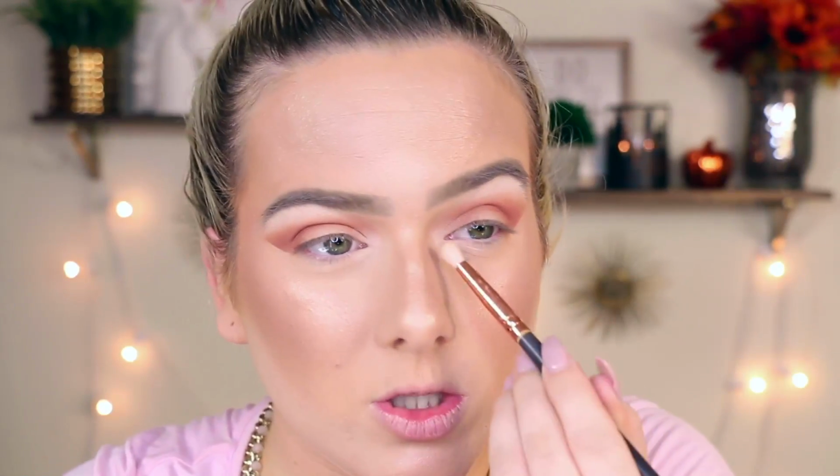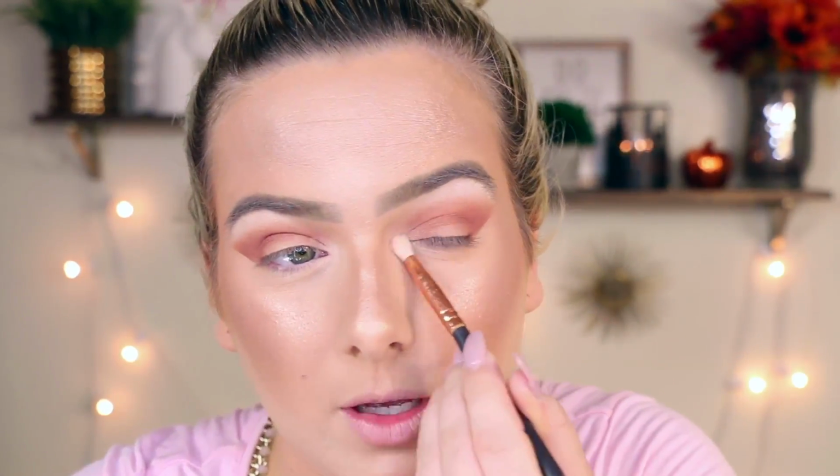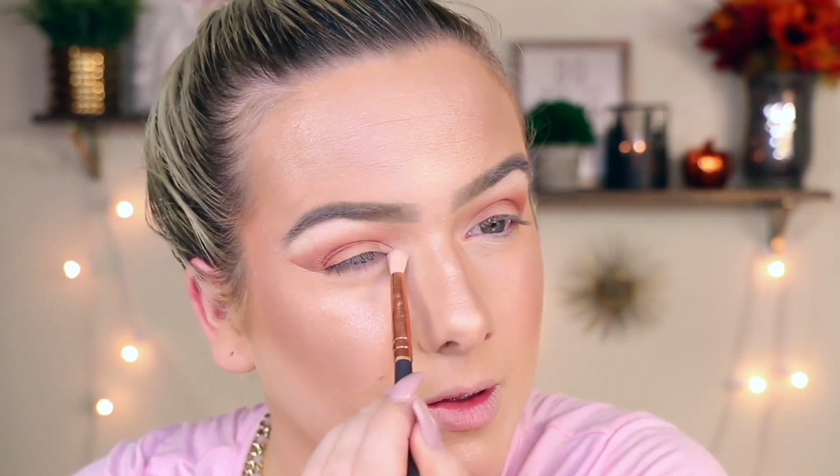Use your setting spray. I'm just going to take the Milani Make It Last. This is almost gone, but I love it so much, and I haven't seen that my Walmart has it right now, so it kills me. I think I'm going to take a little bit of Precious Petals and throw that in my inner corner, because it feels like that shadow would just look a little better because it's a little bit gold, and it would look prettier with the